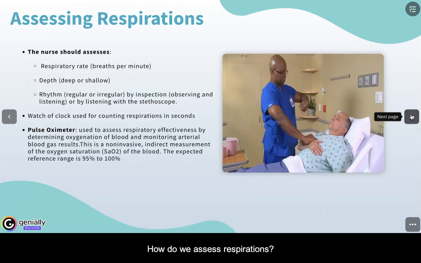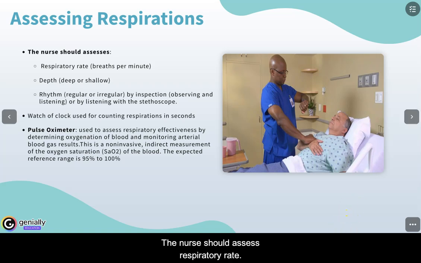How do we assess respirations? The nurse should assess respiratory rate. How many breaths per minute? Should be 12 to 20. The depth, are they deep or are they shallow? Right? You have shallow breathing, then you have deep breathing, right? The rhythm, are their breaths regular or irregular? By inspection, observing and listening, or by listening with a stethoscope. Watch the clock used for counting